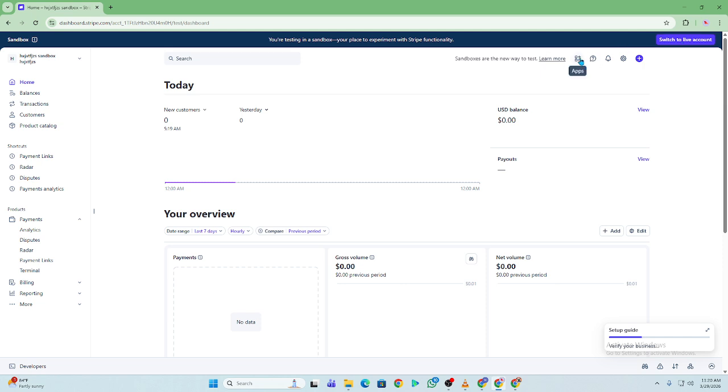If the payment still fails, contact Stripe support. They can review logs and help identify the exact problem. And that's it. Following